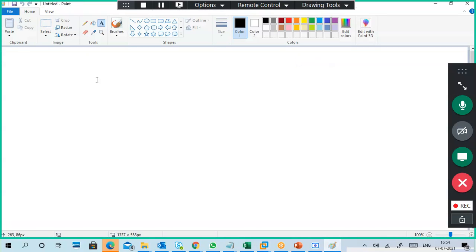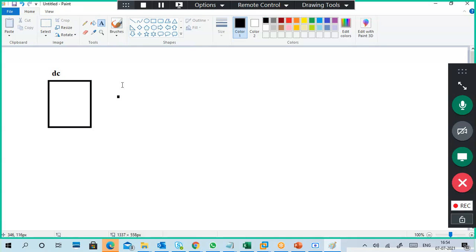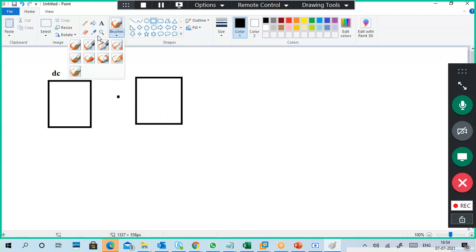Guys, I will tell the steps here. Remember, this is my domain controller and this is a server. This server name is S1, this server name is S2, for example.